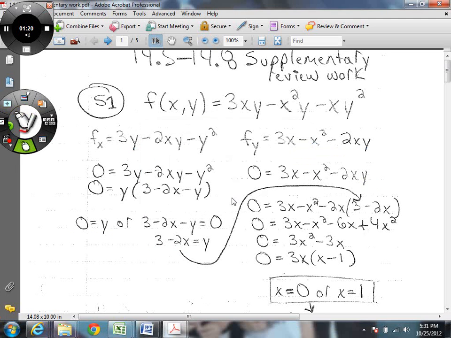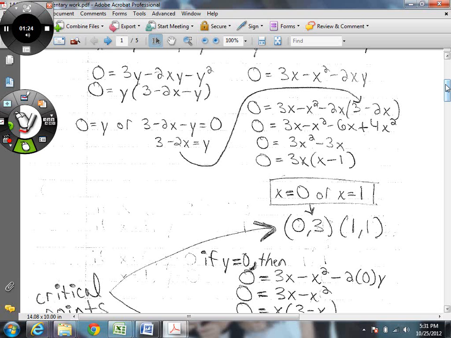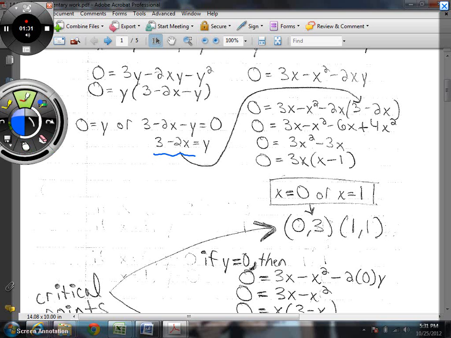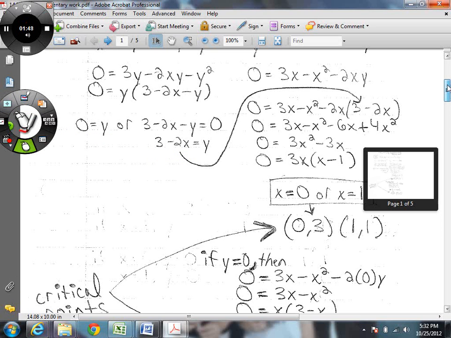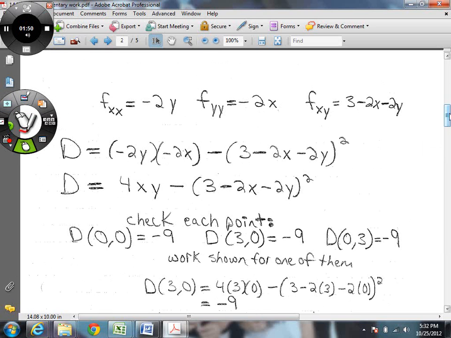No. Okay. So I got x equals 0 and 1, and then I take those and I just plug them in right here to get what the y values are to go with it. So 0, 3, and 1, 1. So we got a couple critical points out of that. Alright, then we could also have y equals 0. So we could do the same thing, and we plug in 0 into the other partial derivative, and we get,